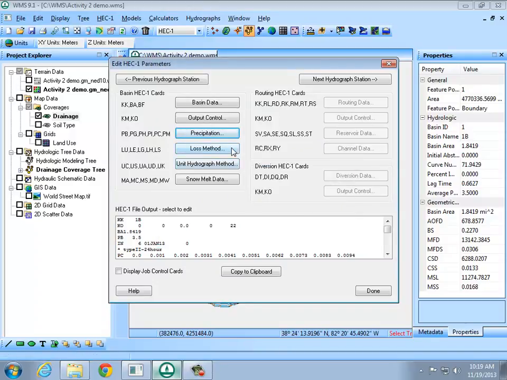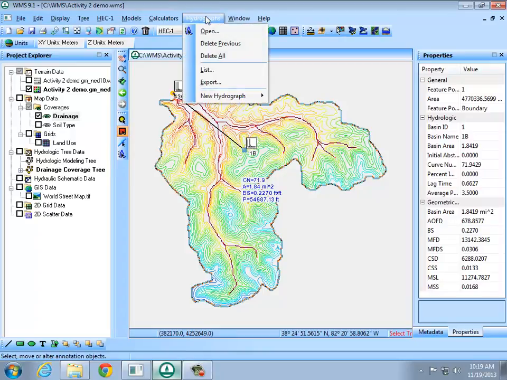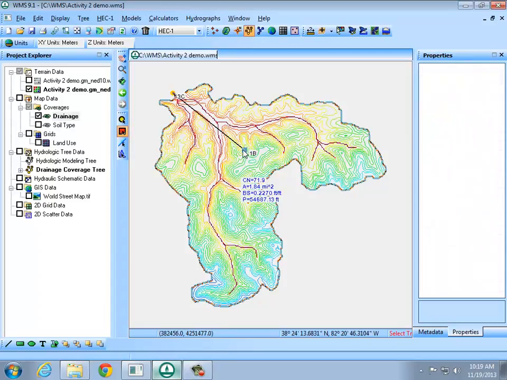Okay, so if we don't want to have too many hydrographs on top of each other, you go to hydrographs, delete all, and that gets rid of the hydrographs, because if you're going to run a lot of simulations, it's easy to forget which one was which. So I just deleted the hydrographs and then I'm opening it up again